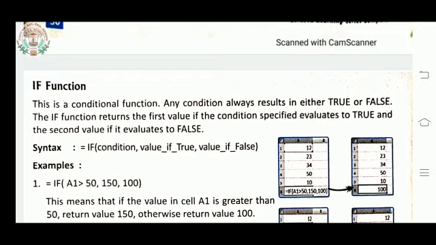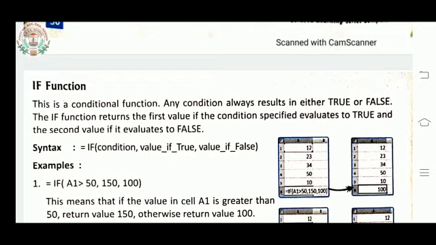Like the example I told, whether you pass or fail: the condition is that the passing marks are equal to or greater than 33. If it is true, you will get pass as the printed answer, and if it is false, you will get fail as the printed answer.